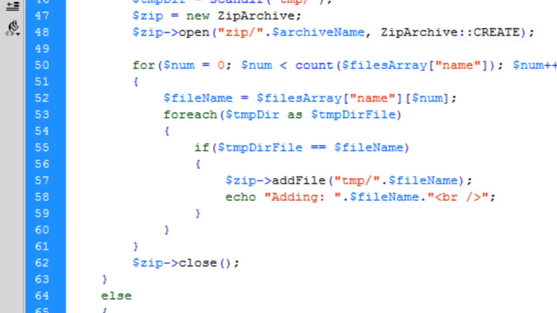Okay, so that technically will now add all the files to the zip archive, but we need to do one more thing to actually delete the files that the user uploaded from the temporary directory, because we don't want to keep their files stored on the web server. We want to keep the archive stored with the files in there, and we don't want to keep the actual file. So to do this, we just need to loop through and delete them files, but I'm going to put this in the next part